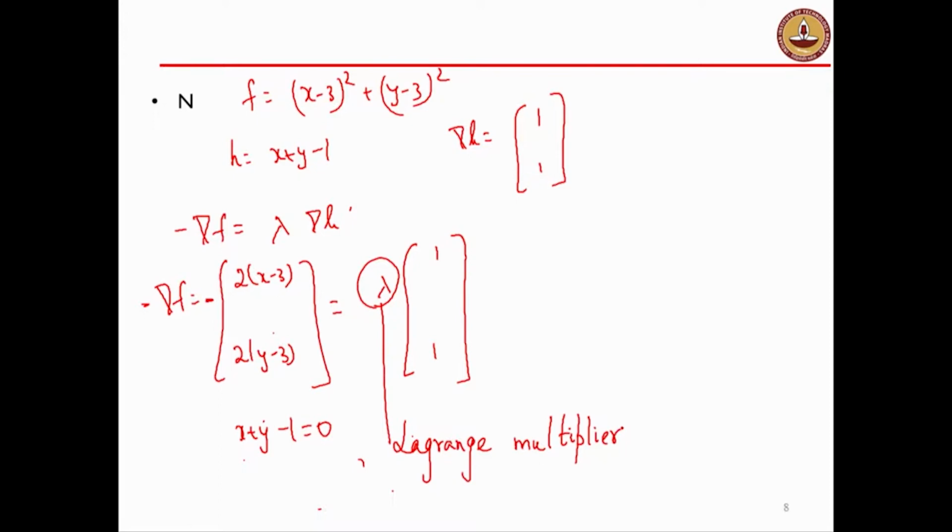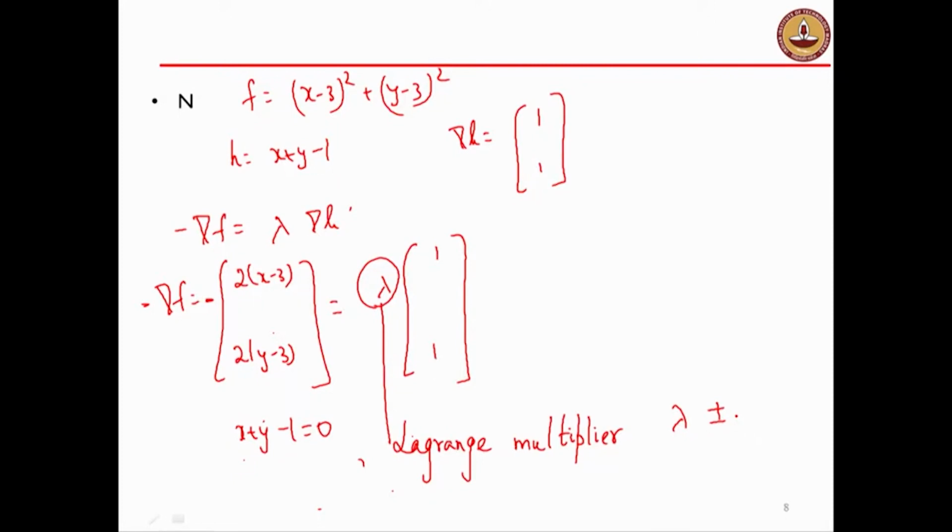Now when there are equality constraints, I don't want you to think that lambda should have a specific sign. When there are equality constraints, lambda can be positive or negative, or even 0 in certain cases. There is no specific sign for lambda, because if you recall what we did, we said only minus grad f and grad h should be collinear. I did not say that they should be pointing along the same direction,